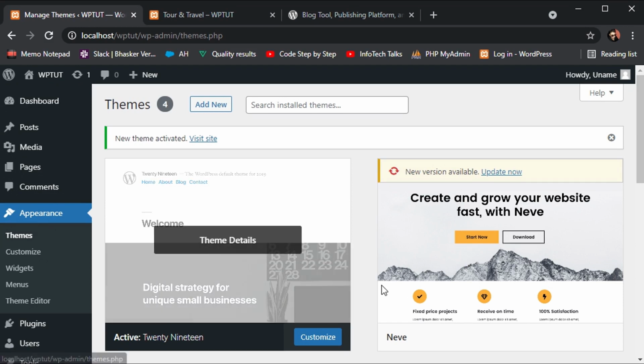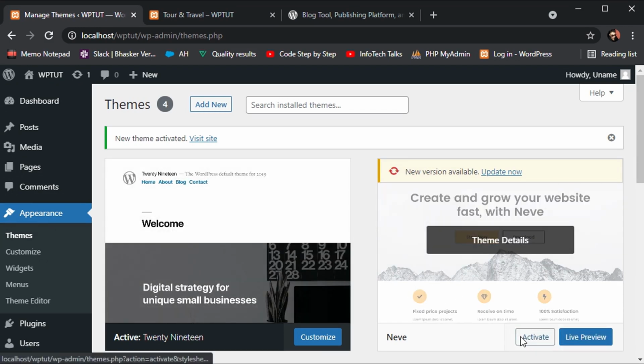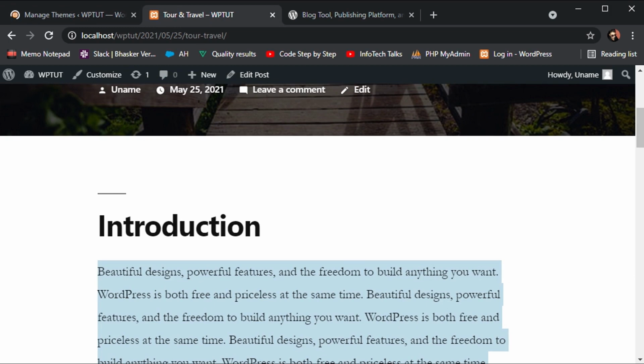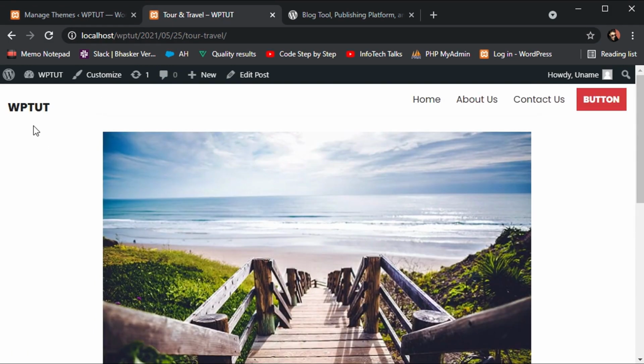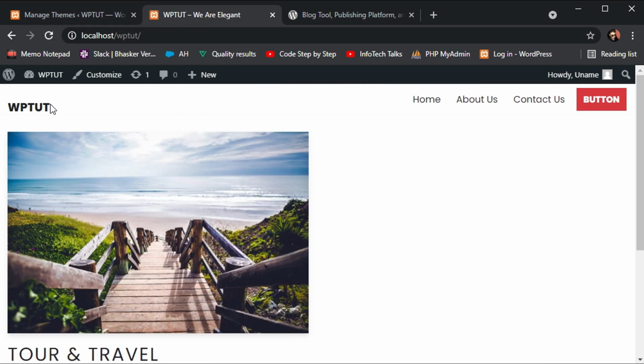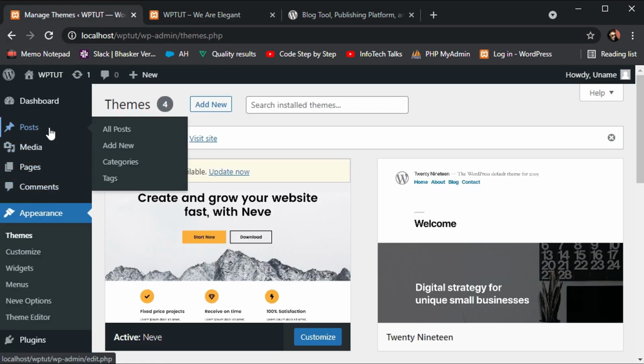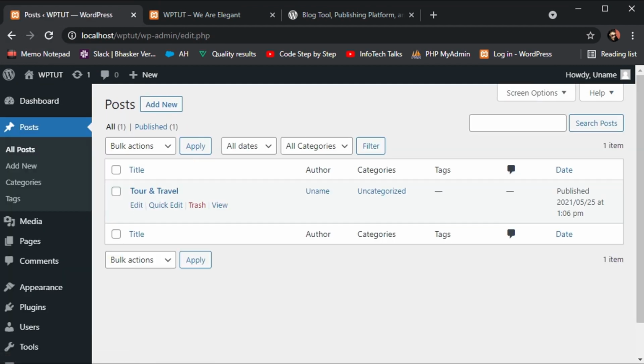So let's get back into our Neve theme and add one more post here and see how it will be displayed. To add another post, the way is very simple.